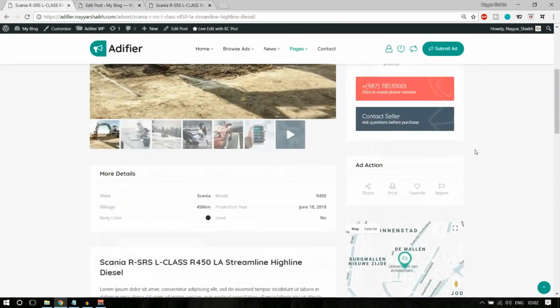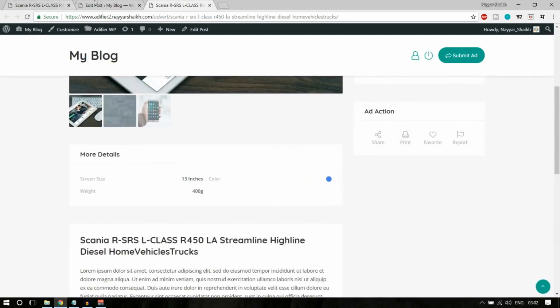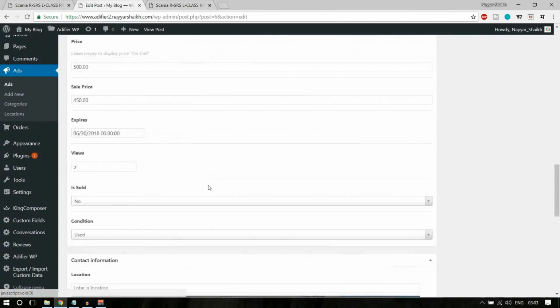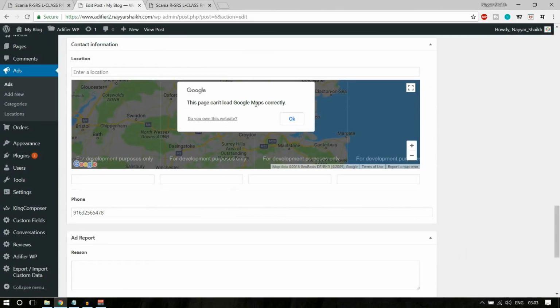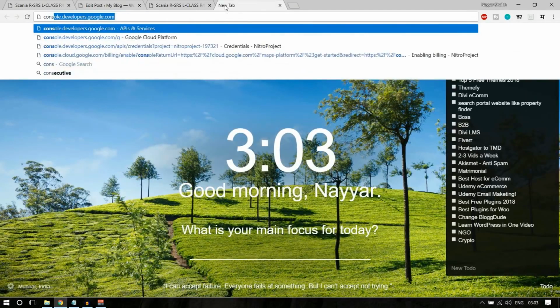Now if you see over here, we have this map, but here we don't have this map. We don't have any map, and here our map is not working. Okay, it says this page can't load a Google map correctly. Okay, because we need something called Google Map API for this. So what you can do, you can open a new tab and type in